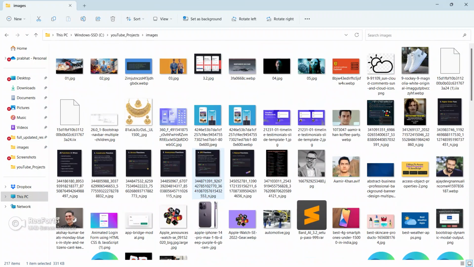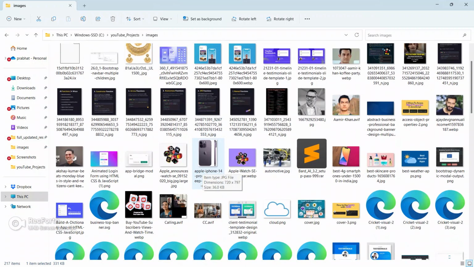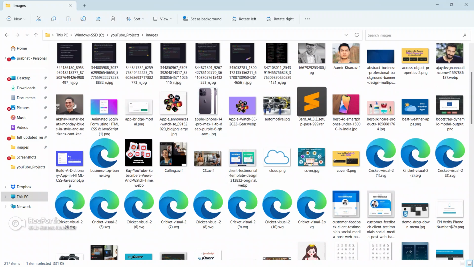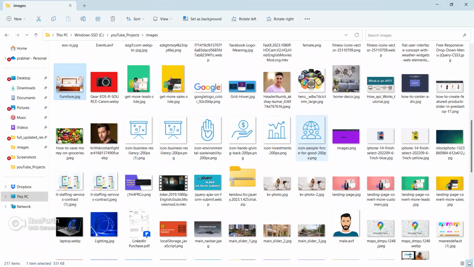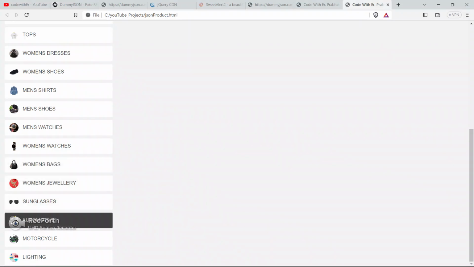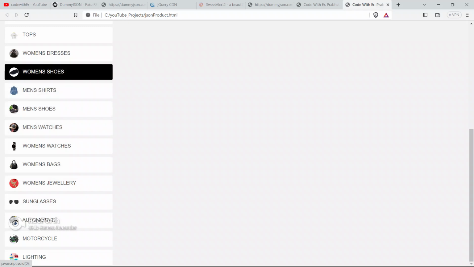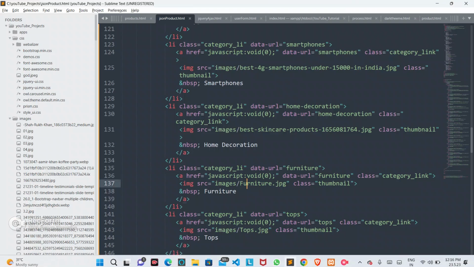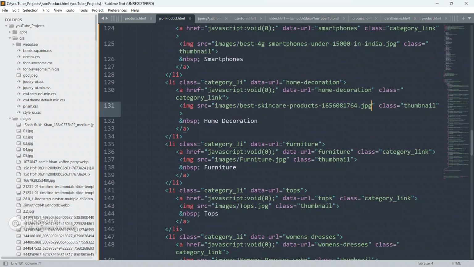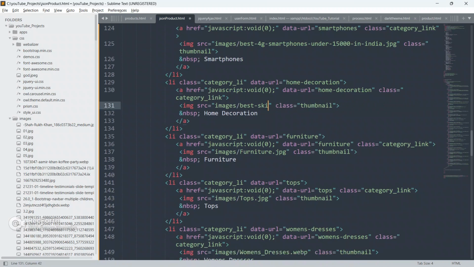Laptop and lighting. So yeah, this is for home decoration.